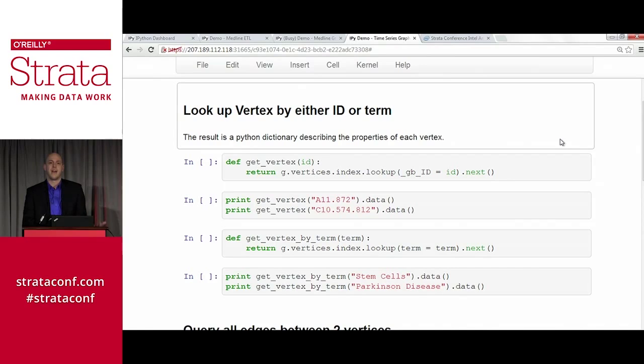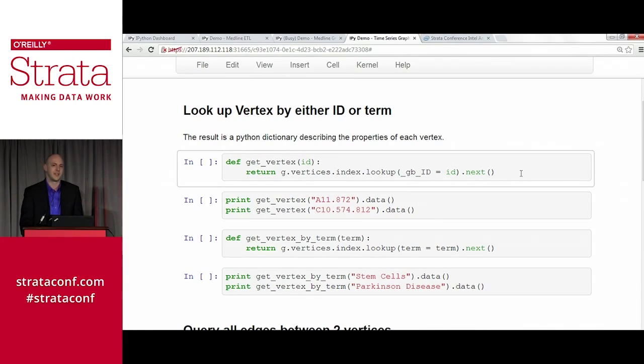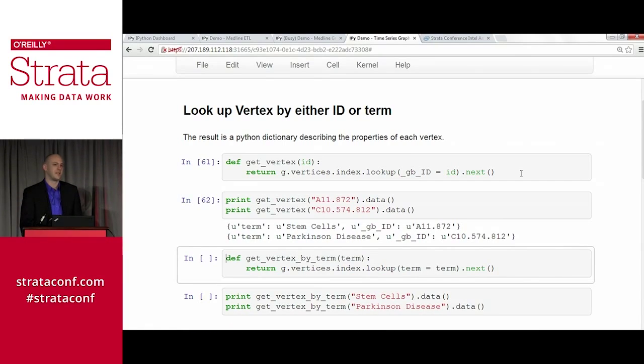This is what's actually happening on the cluster, this big call to kick off a big MapReduce job. So regardless, once we have that database, now we can use it to do things. This is just a simple lookup. We can call this and we can get the records back.